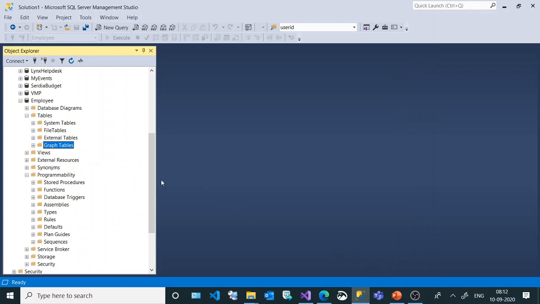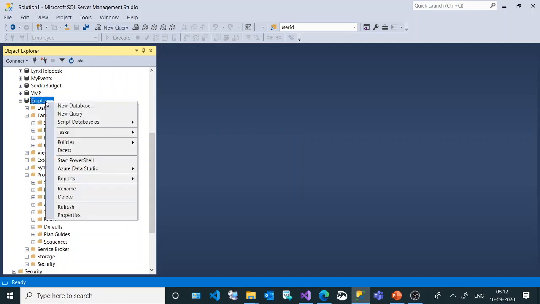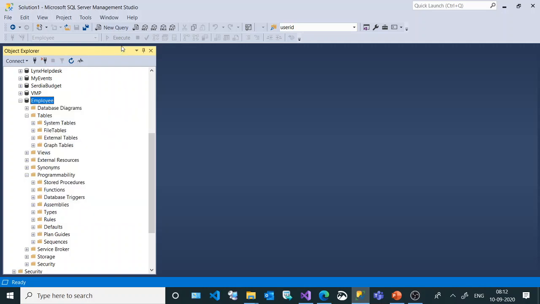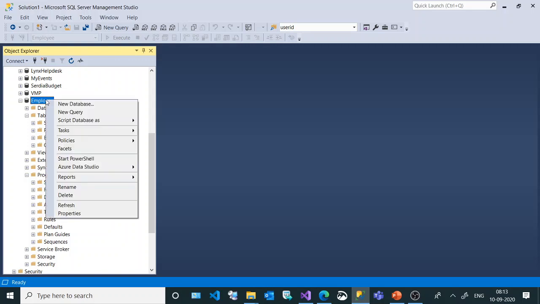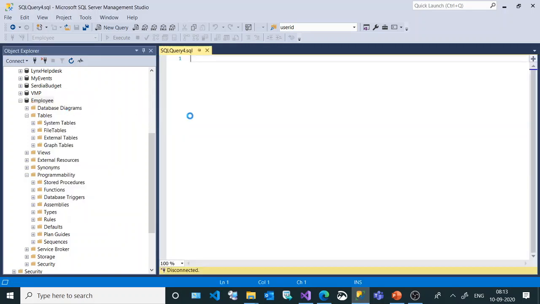Now we are going to create the same table using our script. To create a table you have to use the query builder. You do not see the query builder at the moment. To open up the query builder there are two methods. The first one is you just right click onto the database where you would like to write the query and select the new query, or there is another option. There is a button called new query on top of your ribbon. So I will select this database, right click on it and say new query.